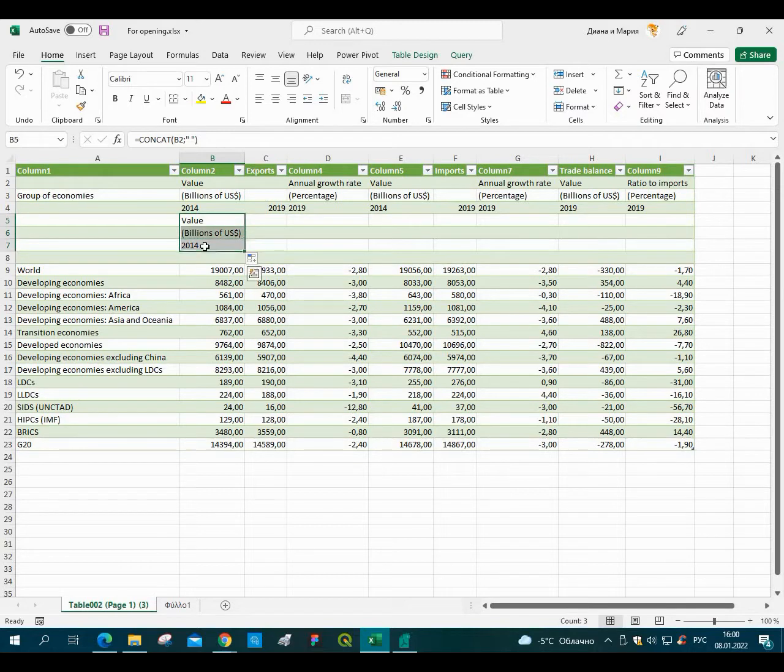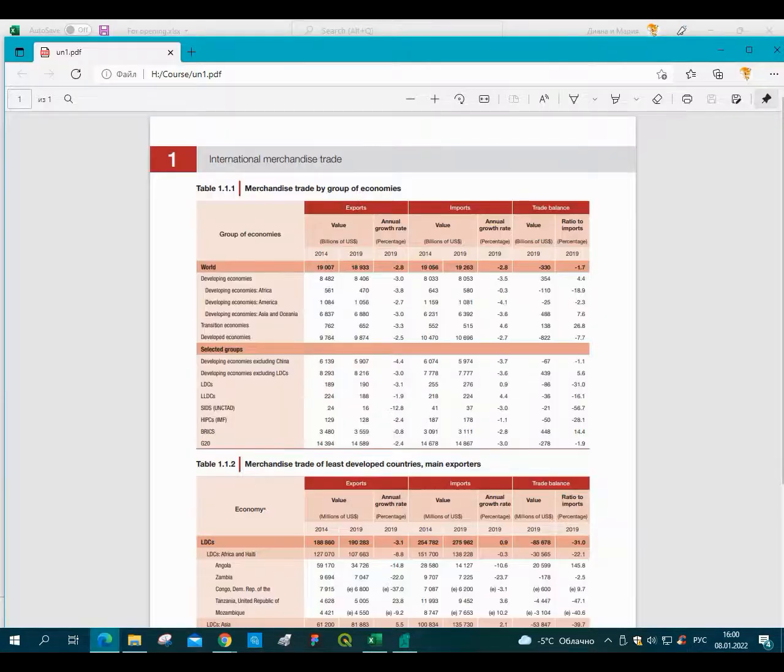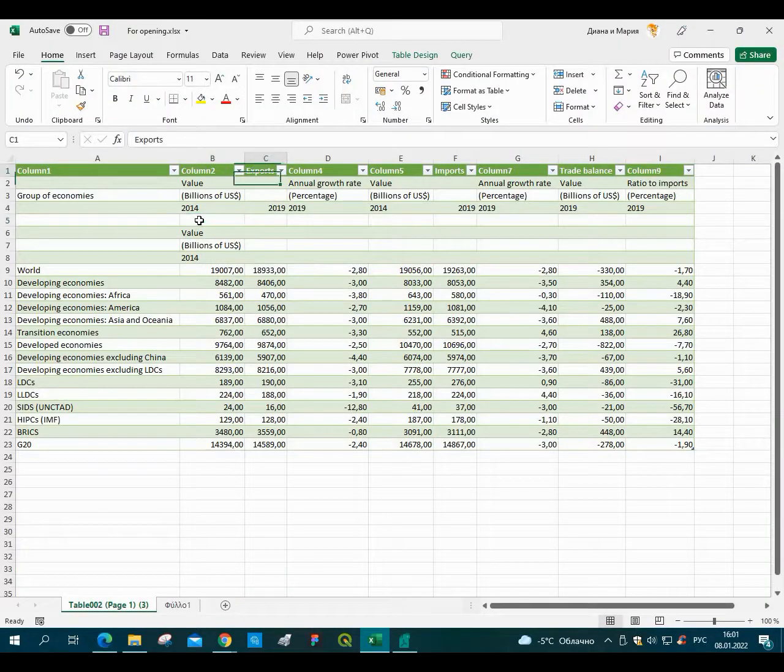But just one sec, I should have started here, because I should also add exports. We should have exports value billions of US dollars 2014. This is what I want. So exports we should have here. No. Drag this, copy this here, and instead of